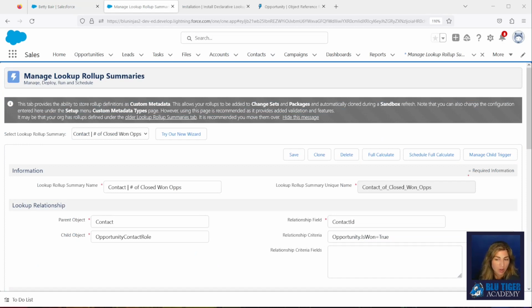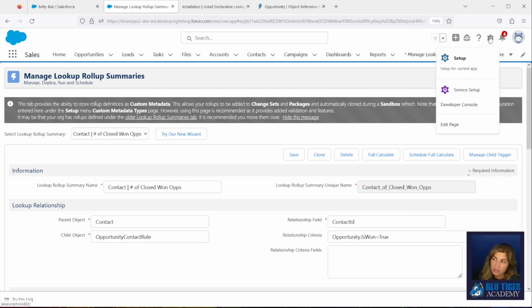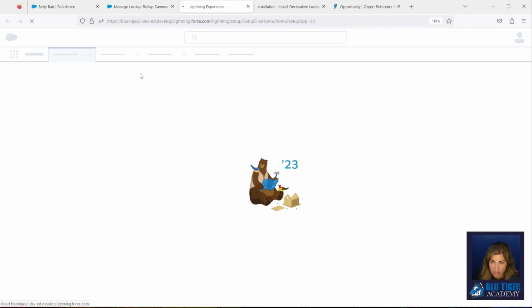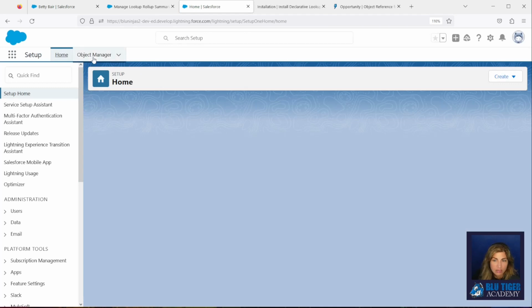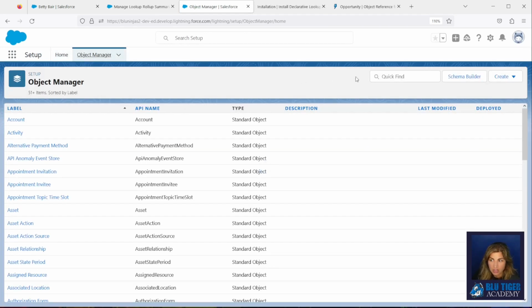Let's say that we wanted to roll up the amount of the closed one opportunities onto the contact. So this is going to be a little tricky because the amount field doesn't exist on the opportunity contact role. It exists on the opportunity. So in order to get the amount field onto the opportunity contact role, we can create a formula field to get that data there. So let's go to the opportunity contact role object,